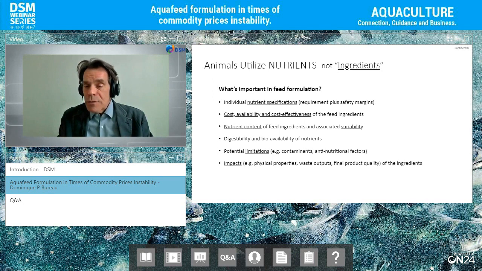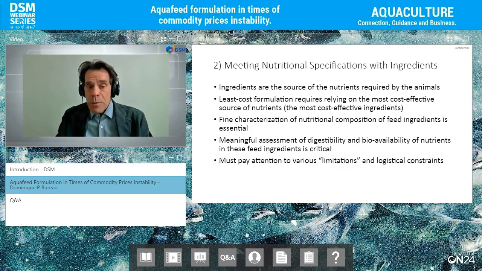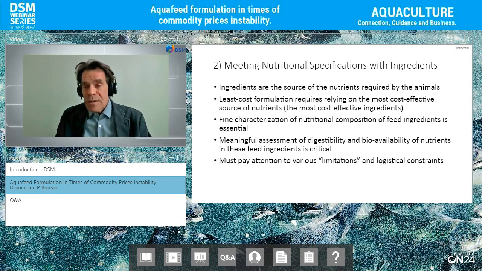So nutrition and feed formulation is not just a question of making a recipe, right? It's really about a scientific process, or at least it should become a more scientific process. Your nutrients, like I mentioned, are what is going to be required, so they're critically important in the feed formulation process. Now, if you want to produce cost-effective feed using least-cost feed formulations, what the program will be looking for is the cost-effective source of nutrient, the cheapest source of that specific nutrient among the mix of ingredients that you're providing the program with. So really identifying the most cost-effective ingredients is critical.